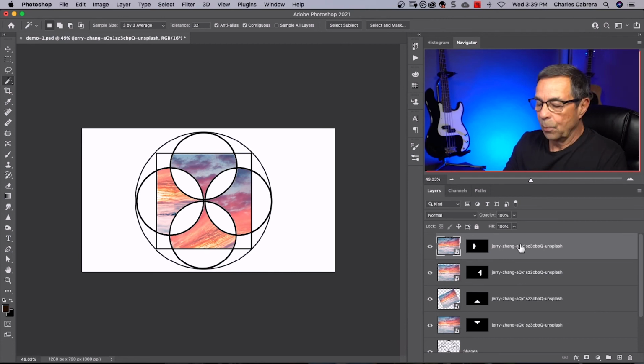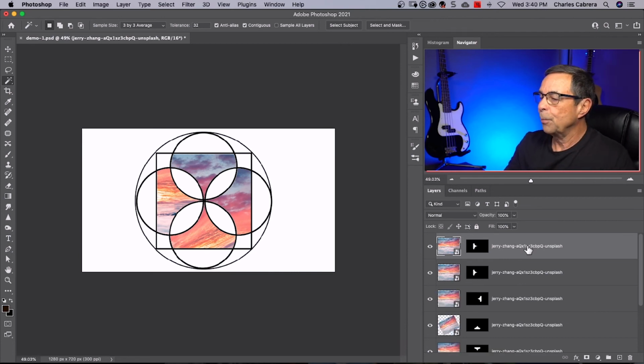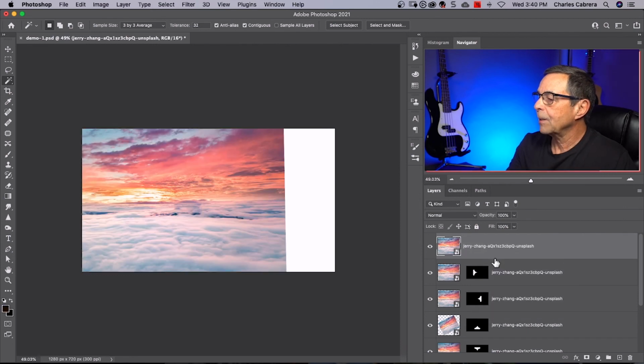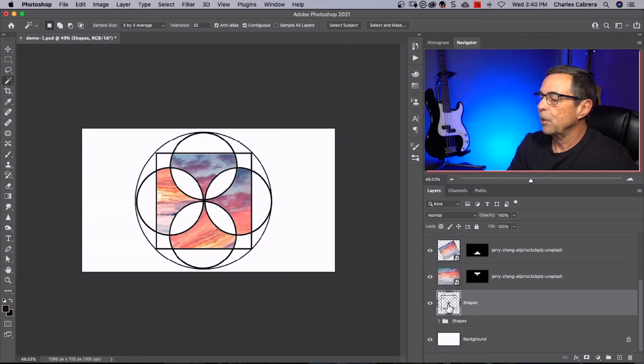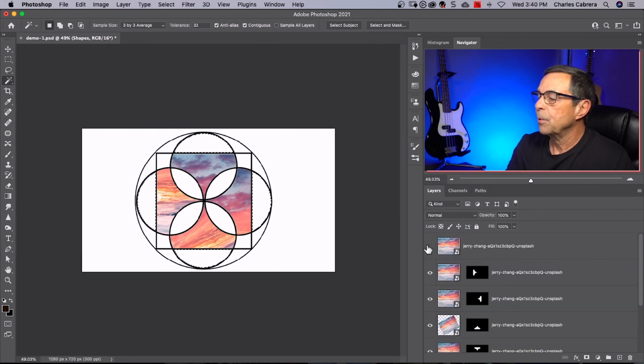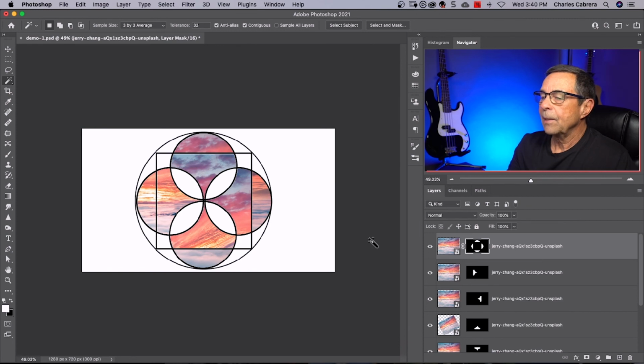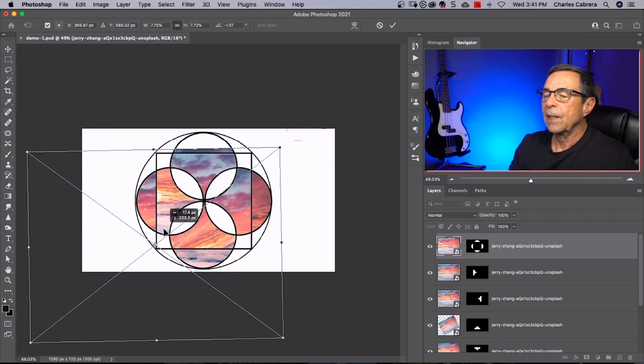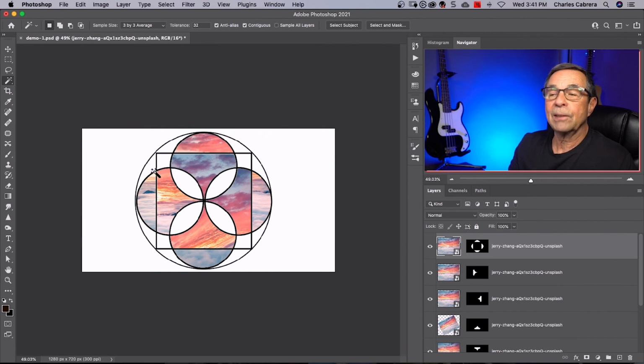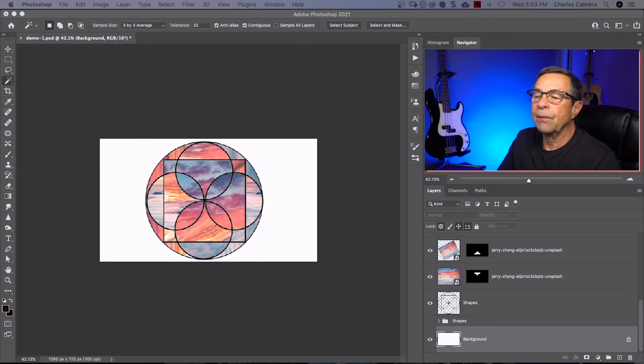So if you want to speed this up, a good way to do it is say Command J to duplicate the top layer, delete my layer mask, turn off visibility to my image, come down here to my shapes, use the magic wand tool, but this time hold Shift, and I'm going to select 4 of these areas at the same time, come back up to my image, make it visible, hit my layer mask, and I fill those in at the same time, click this chain, and now say Command T, and I can move those around just like this. I'm going to speed this up and do the rest of these areas here and come back into the video. So now I finished filling in all the different areas of the shapes with the background image.